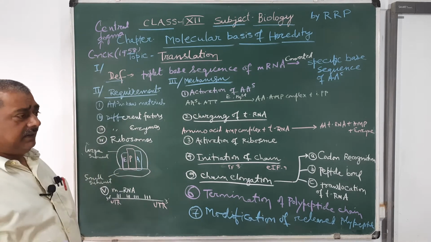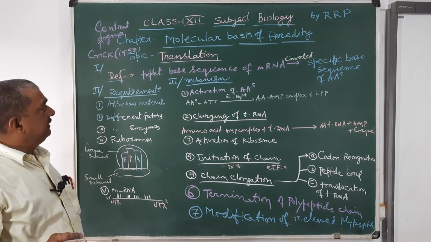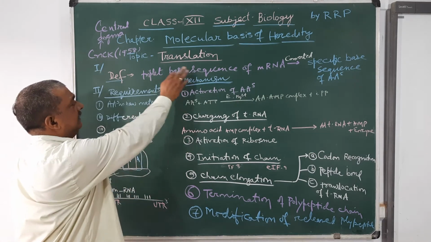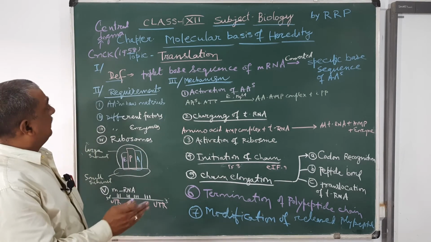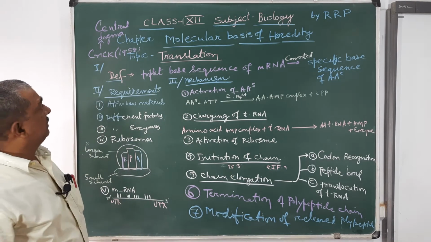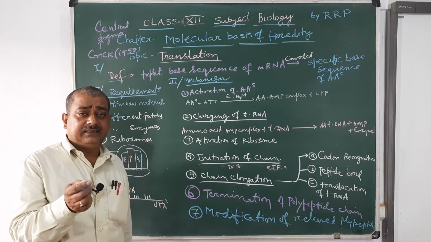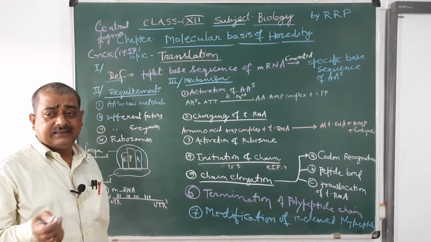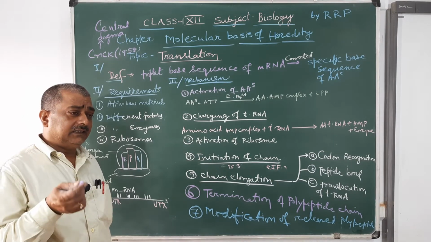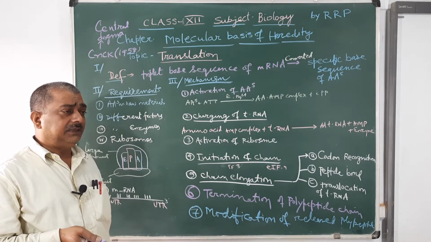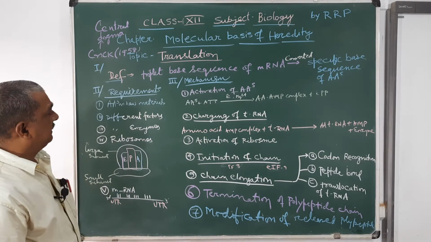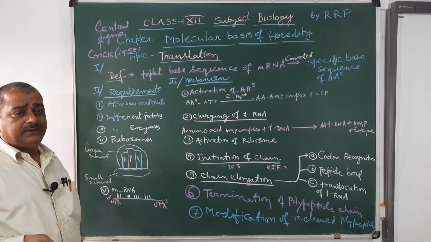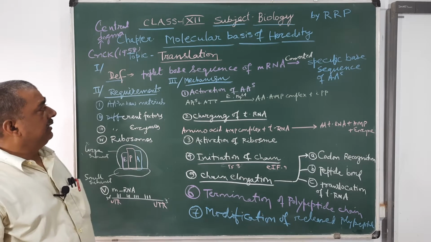So, in the last class, I discussed transcription. Now, I would like to start translation. Translation is the second part of the central dogma. So, the central dogma consists of two parts, transcription as well as translation. But in a few viruses like HIV, reverse transcription takes place. It was discovered by Temin and Baltimore in 1970, and it is also called Teminism.